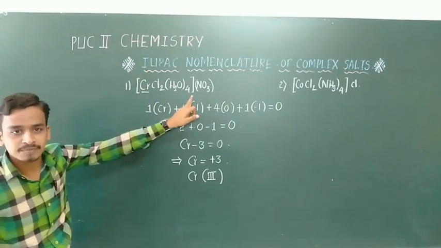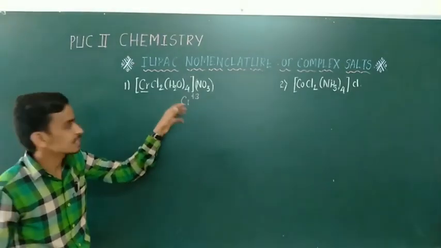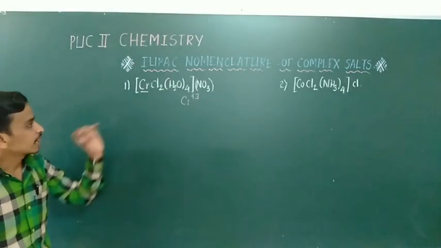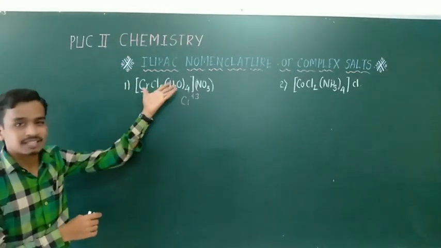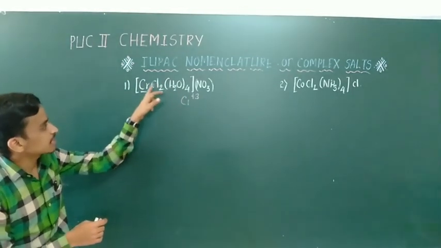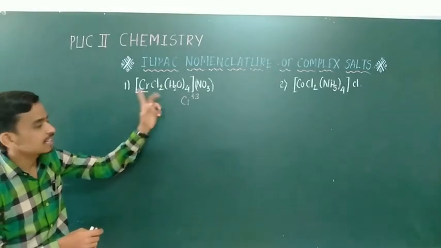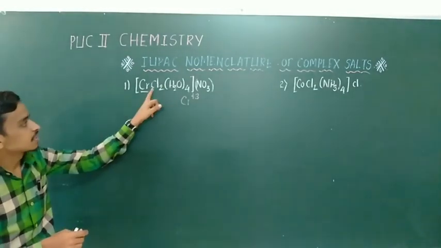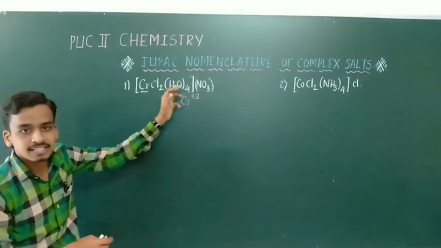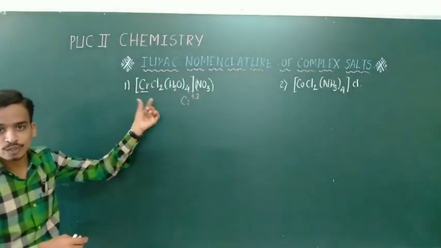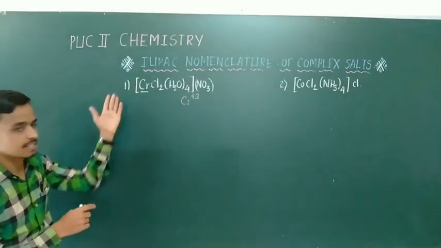Okay, after calculation of this charge, next we can move on to the actual name of this. You already know the charge present on the chromium, that is +3. Then you can start naming. In naming, first we have to name the cationic part. This cationic part is a complex, therefore in this complex first we have to name the ligands. There are two types of ligands: Cl is one ligand, that is chlorido ligand, and water, that is aqua ligand. Aqua then chlorido, which one is written first? The aqua is written first because of the alphabetical order.